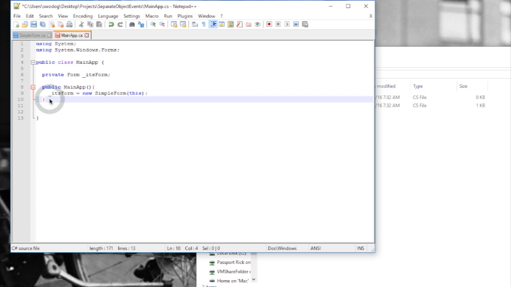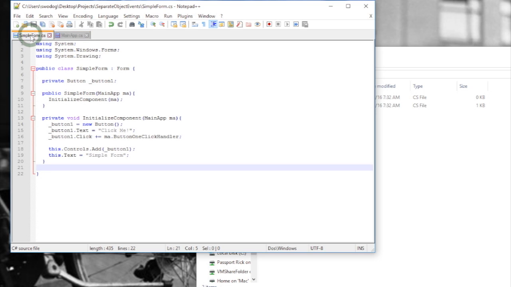Okay, does that make sense? So I'm going to create an instance of simple form. And I'm going to pass in a reference to this object that I'm in. I'm in the main app class, so I can think of myself. I project my mindset into I'm in this object. So this, I'm going to pass a reference to this object to that constructor. If we go back to the simple form, we see that it's expecting a reference to a main app object,